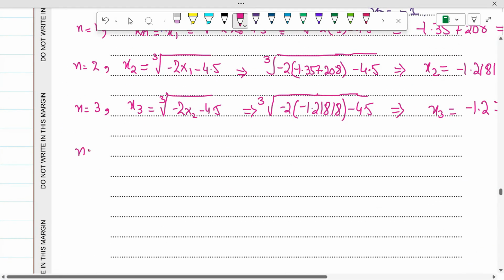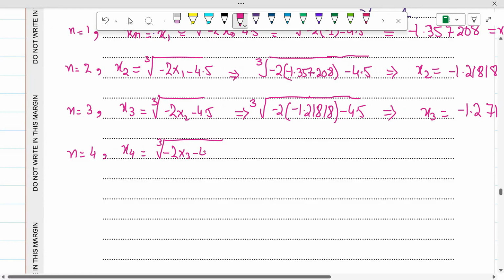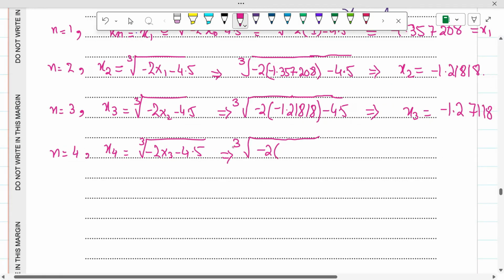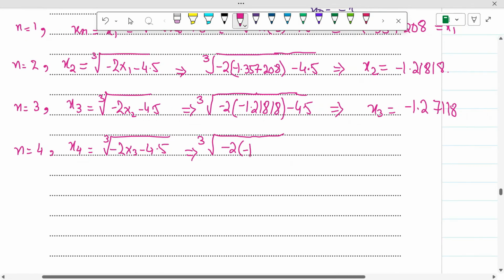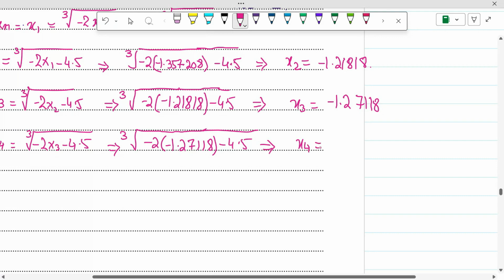Okay, when n is equal to 4, x4 is equal to the cube root of negative 2 x3 minus 4.5. This is the cube root of negative 2 times x3, where x3 is negative 1.27118, minus 4.5. Further solving, x4 is equal to negative